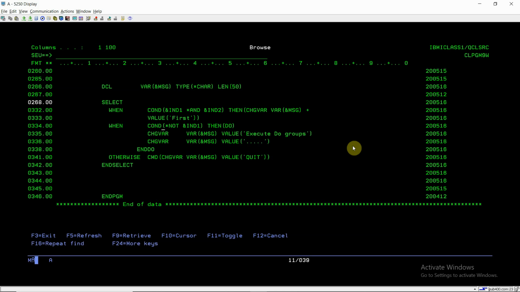If it is false, it will check for another when condition. If it is off, it will execute the two statements inside do and undo. As we already know, using do and undo we can execute a group of statements in CL programming. If both when conditions fail, it will go to the otherwise section and execute this statement, and at last it will end with the end select.